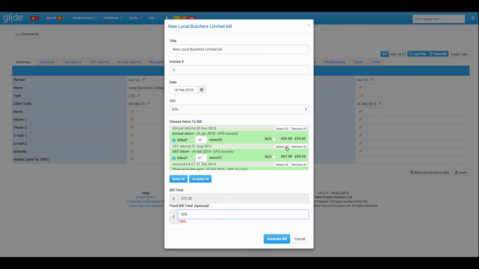So you're still getting a pretty good data set there, but crucially, this is taking literally a minute rather than 5 minutes. So it's really speeding up the billing process. In time, we also anticipate these fixed bill totals being held within the Glide system and automatically prompting you here to say, look, this is your bill total. So let's hit generate bill,